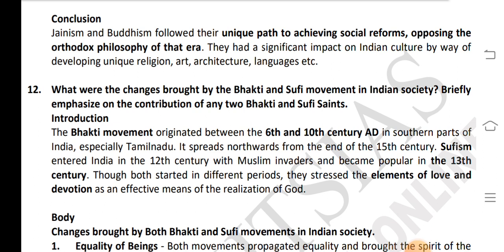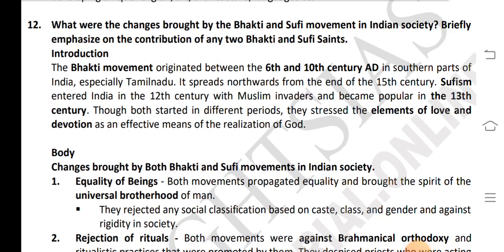Question number 12. What were the changes brought by the Bhakti and the Sufi movement in Indian society? Briefly emphasize the contribution of any one Bhakti and Sufi Sant. Introduction: The Bhakti movement originated between the 6th and the 10th century AD in the southern part of India and